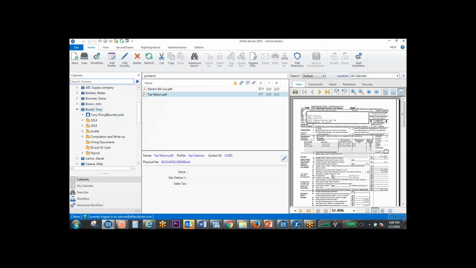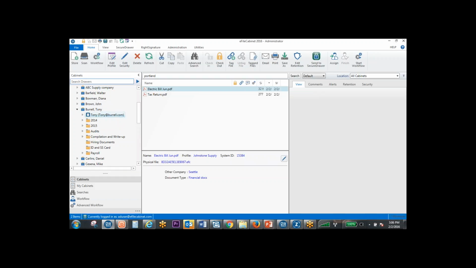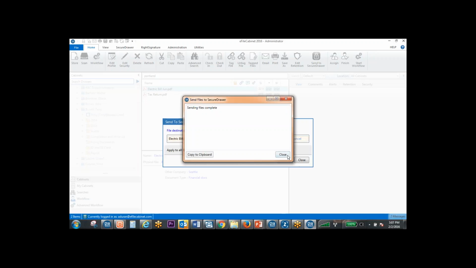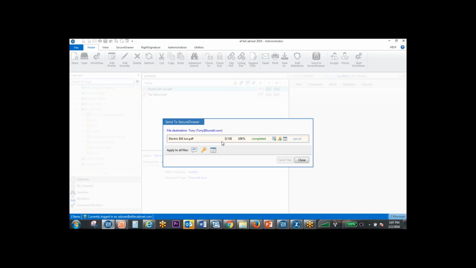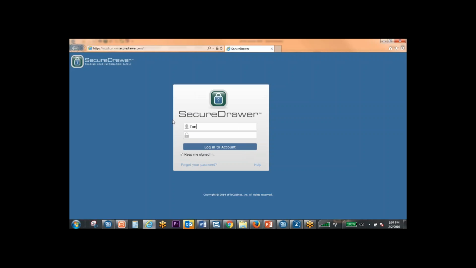So the portal, if I send this document to Tony, I can literally just drag and drop it to Tony's portal. I can tell it to send those files. It's going to send Tony an email that says, hey, this electric bill has been uploaded to your secure drawer, and it'll send him a link to be able to log in and view that document. That link is going to take Tony to